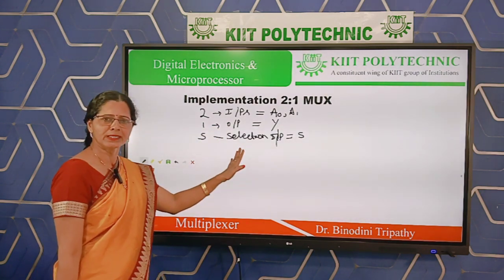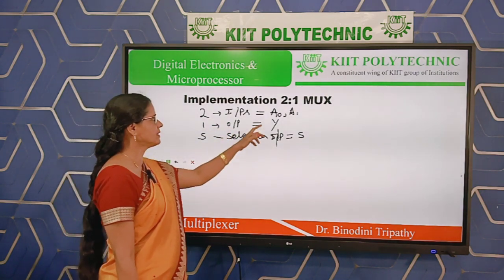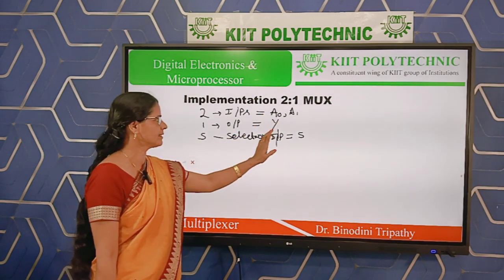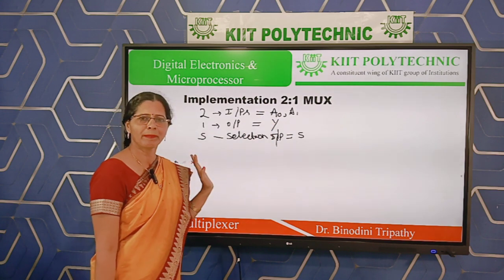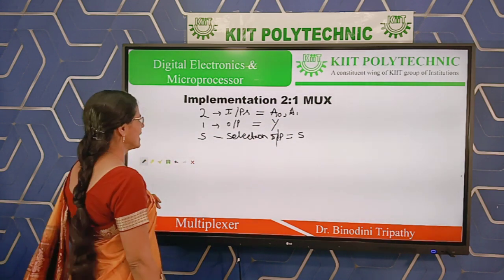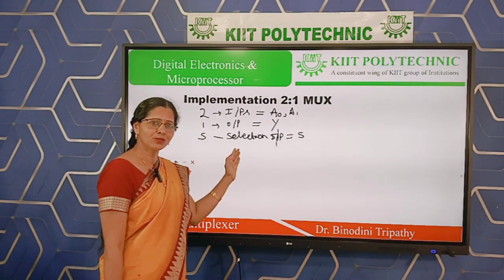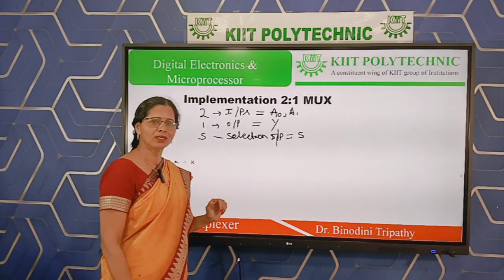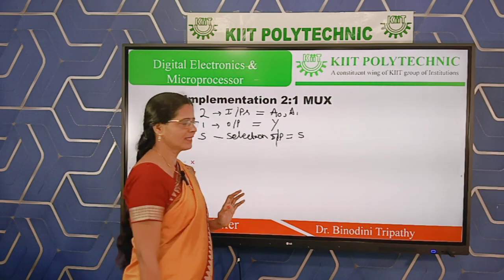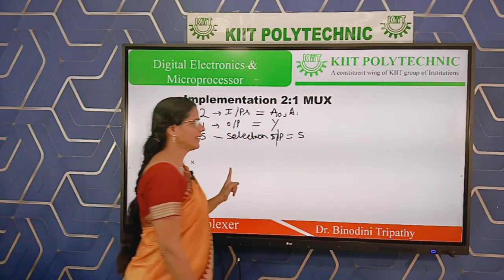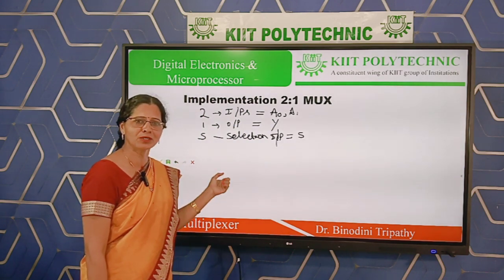So now the designation is finished. We have to implement a device having inputs A0, A1, output Y and selection input S. These are the main ones. Then next we start the truth table. If we try to recall your truth table, it is not required to remember anything. Also, in the previous class, I told this. Now we write the truth table. That truth table indicates the function of the device.